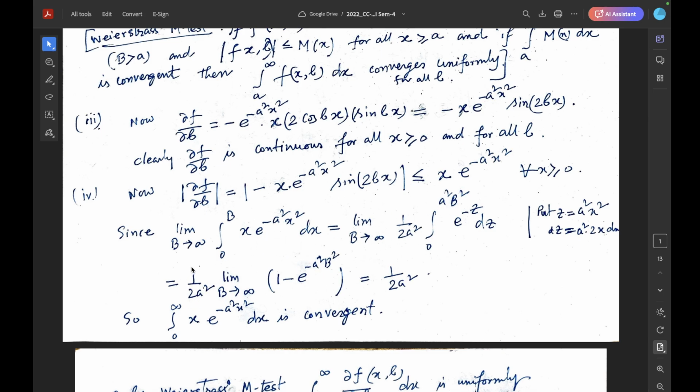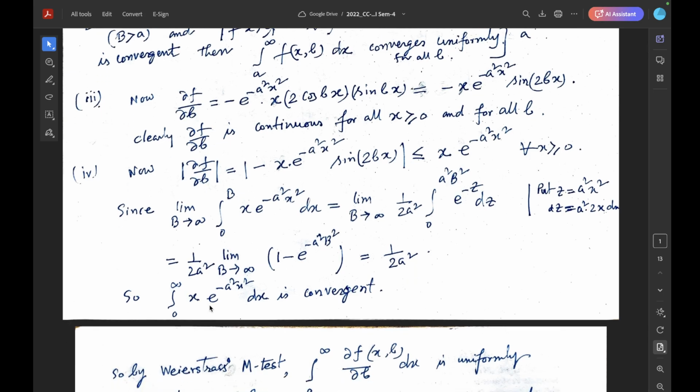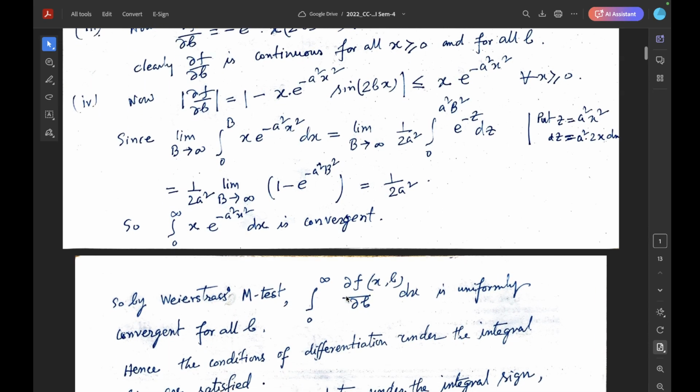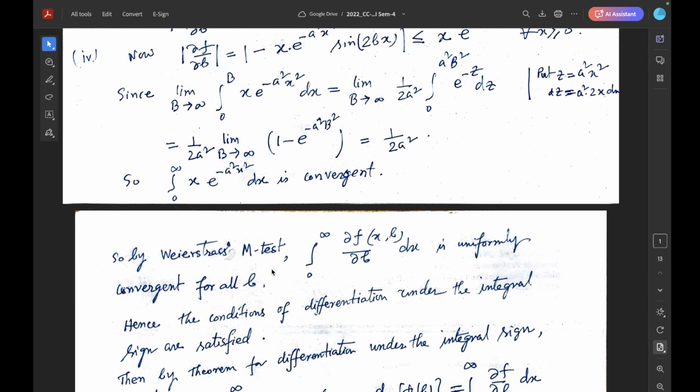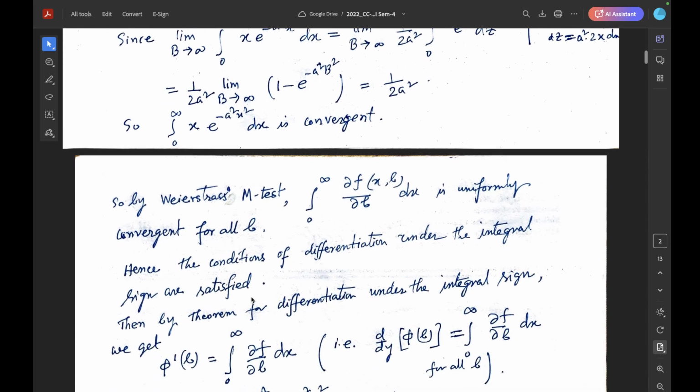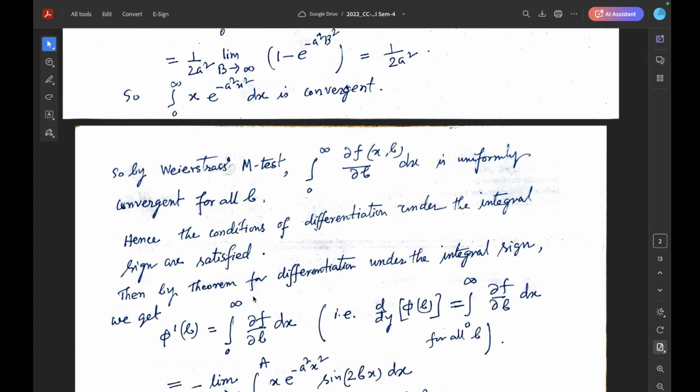After integrating we get 1 by 2a square, limit as b tends to infinity, of bracket 1 minus e to the power minus a square b square. When b tends to infinity, this tends to 0, so we get 1 by 2a square. So the integral from 0 to infinity of x e to the power minus a square x square dx is convergent. And so by Weierstrass M test, the integral from 0 to infinity of del b f dx is uniformly convergent for all b. Hence the conditions of differentiation under the sign of integration are satisfied,